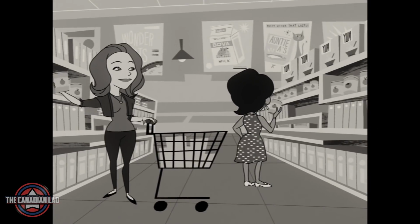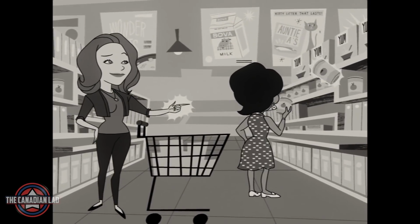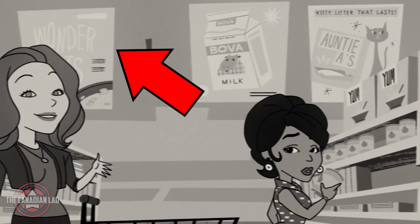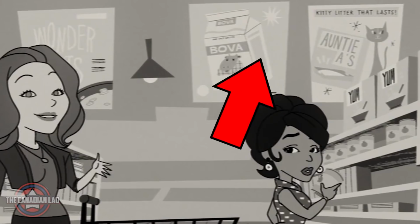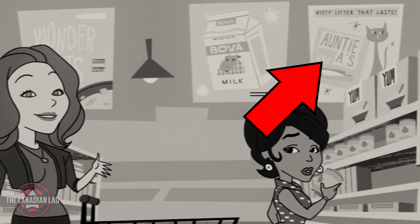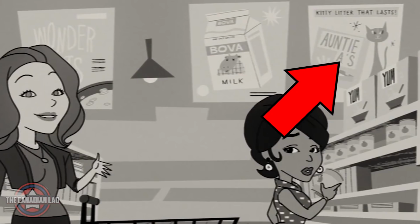Number 3. In the same animation we can see Wanda in a supermarket. Now notice there are ads for Bova milk, Wonder Oats, and Auntie A's kitty litter. Now Bova was Wanda and Pietro's foster mother in the comics and helped raise them. Auntie A is surely a reference to Agnes, being the witch Agatha Harkness, especially since the ad features a black